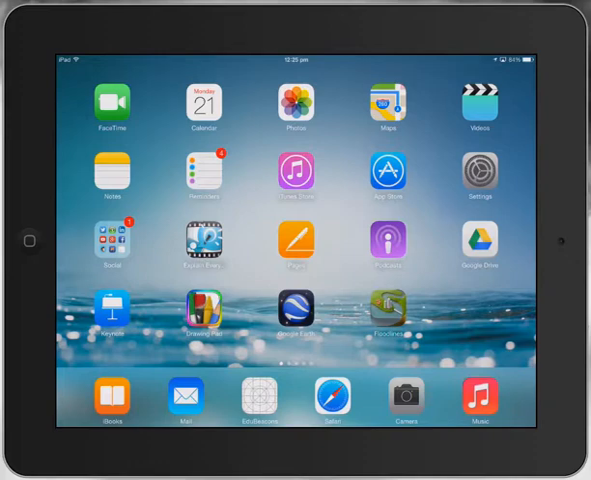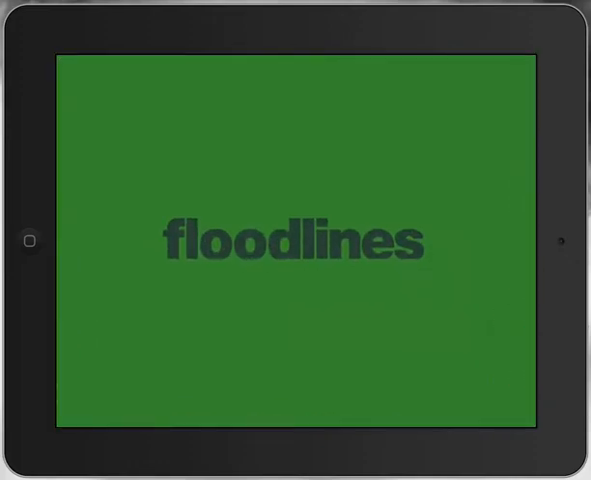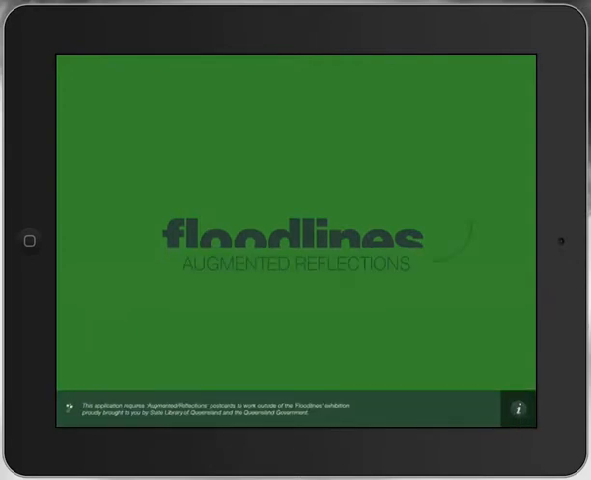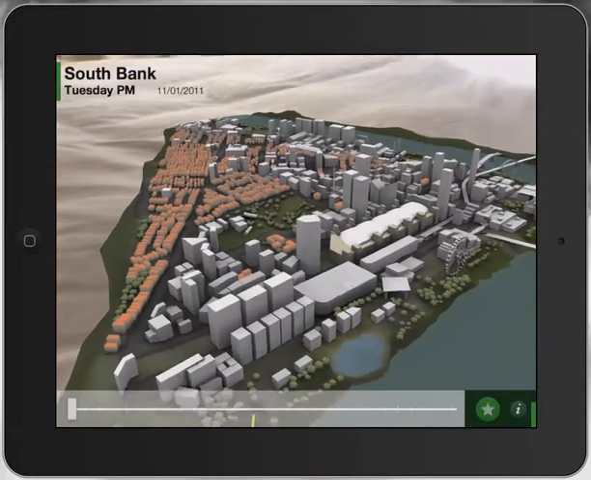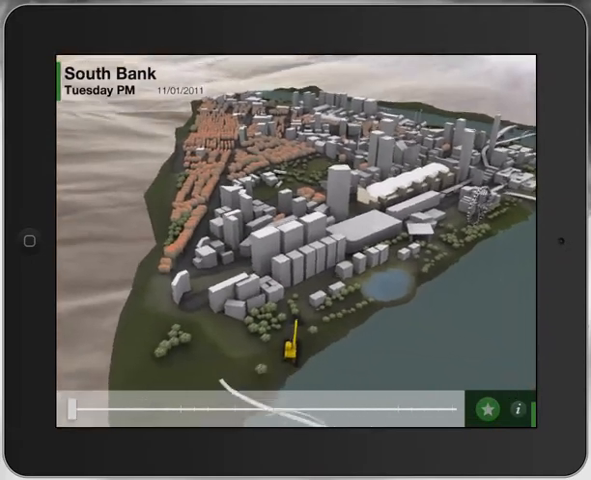So basically what we're going to do is we're going to open our Floodlines app. It's free. Links to it also are on the State Library website that I'll put at the bottom of this video. We're going to launch it and then we just hold it over the trigger image. So we're going to launch here. It'll open. This trigger image looks at South Bank, and you can see there that we've got a wonderful detailed